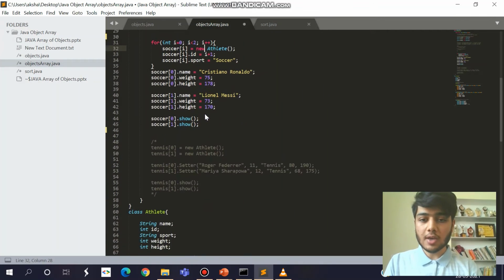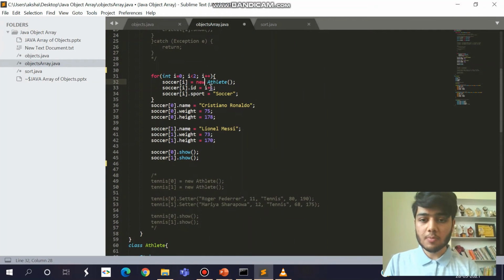To show you, here I am using the reference variable. First of all, I have initialized the soccer variable in the for loop, and then I'm giving its ID, and for the sport all will have the same sport, which will be soccer. So I'm using a for loop, and then I'm using the reference variable for each object in the array, and then I'm using the show function.